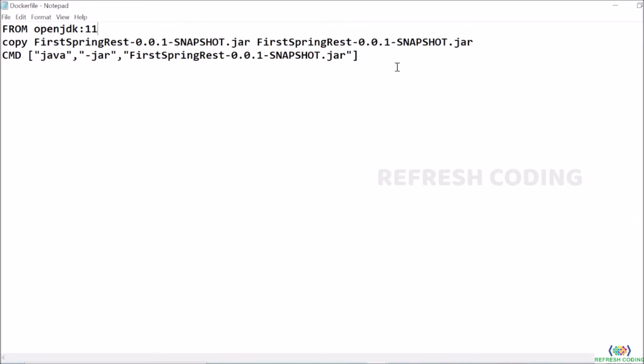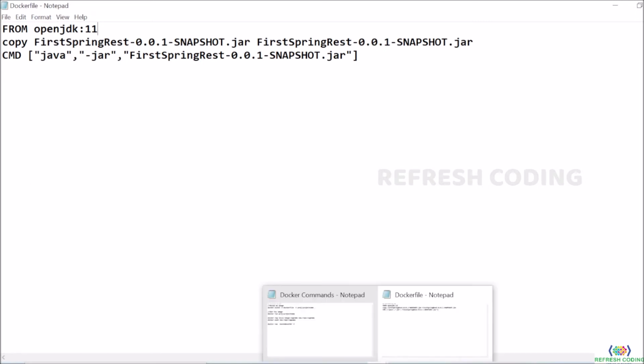Now these can be the same names or you can change the names, not a problem, but here you will have to give the jar file name only. We are taking this OpenJDK 11, it is an inbuilt image in Docker which it will take to run your Java project. Whenever you are pulling this image and running, their only requirement is Docker should be there. No other software will be required. That is why this Docker file is very, very important, and you will have to mention all these things in your Docker file. After that, we will give the command to build an image.